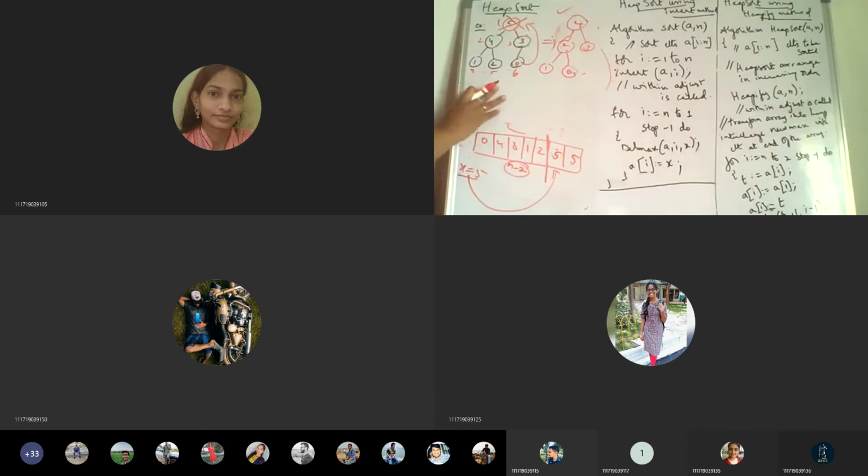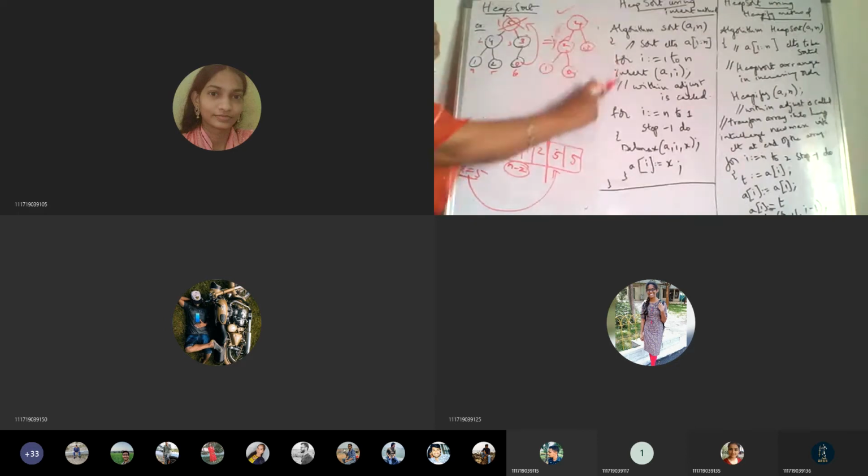So coming to the second iteration, what we are doing: whichever is the last element, 0 is the last element. Okay. So after adjusting, whatever is maximum will be deleted. So in the deletion place, the last element in the array is now the n minus 1th position. Earlier it was 7, now it became 6. So 0 occupies here, and we need to adjust. After adjusting, this is the max heap we got.